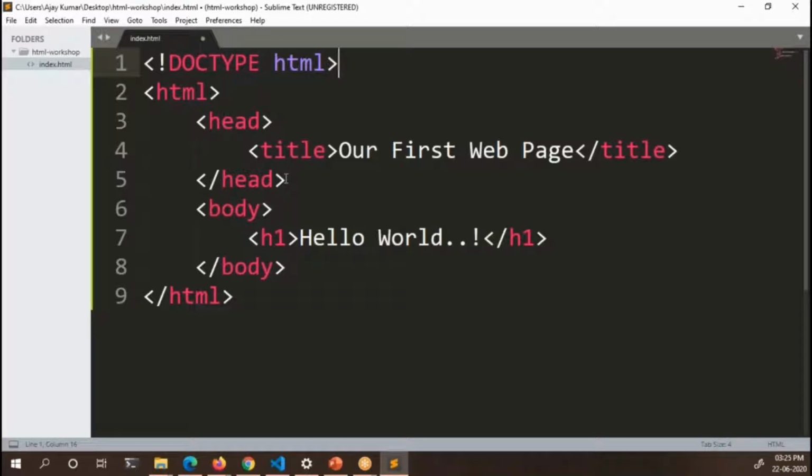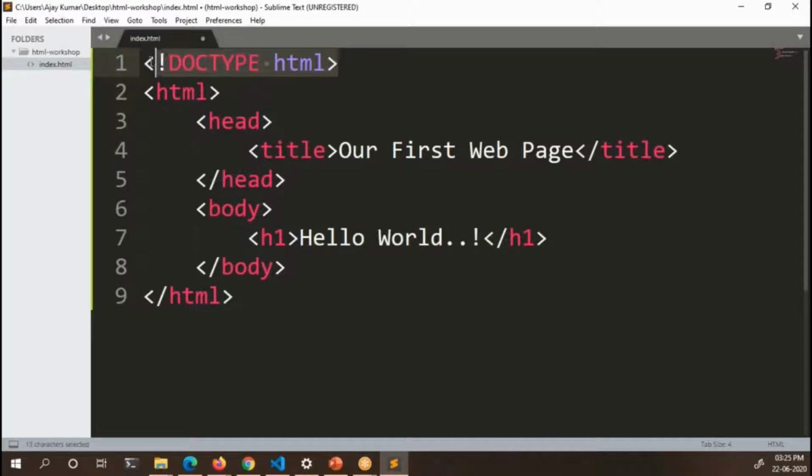This specification is only telling that this HTML file is of version HTML5. You can also mention another doc type with another value instead of HTML. For example, if you want to write an XHTML file, you can mention the doc type, but it will be a little bit more complex.